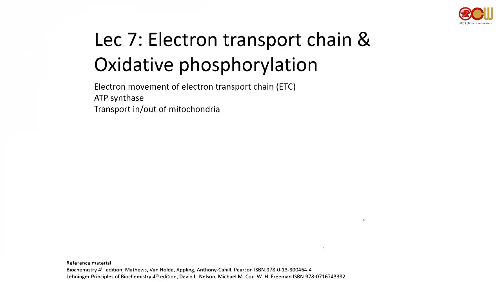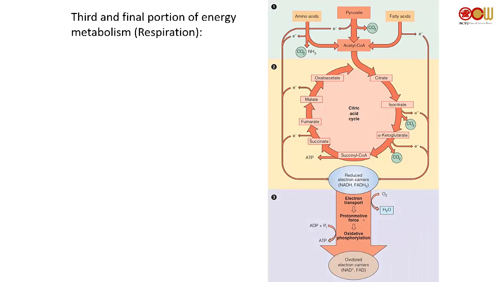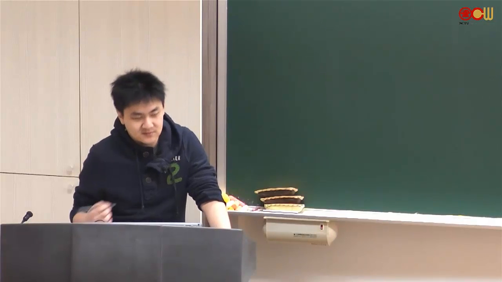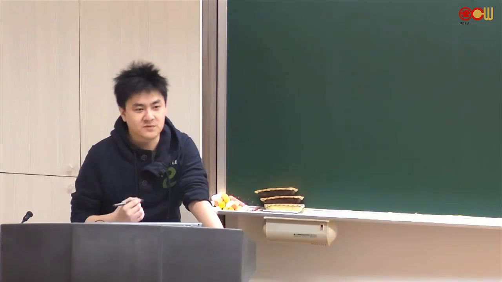Alright, so today we're going to be focusing on the electron transport chain and oxidative phosphorylation. These are the processes that we will use to convert NADH and FADH2 to essentially ATP. Remember this is the TCA cycle, and in the TCA cycle you will generate a bunch of electrons. All of these electrons will be used to do something, and today we're going to be talking about